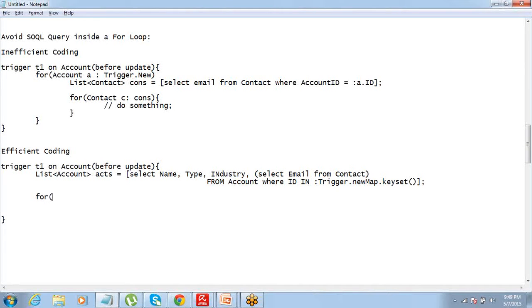Now I write my trigger this way: for account a in accounts.